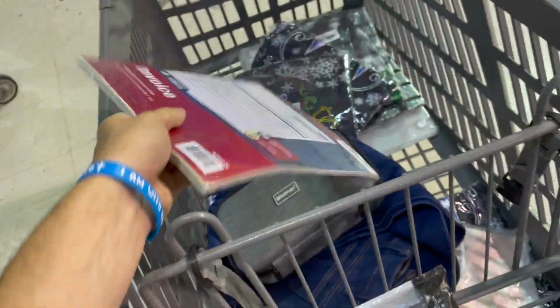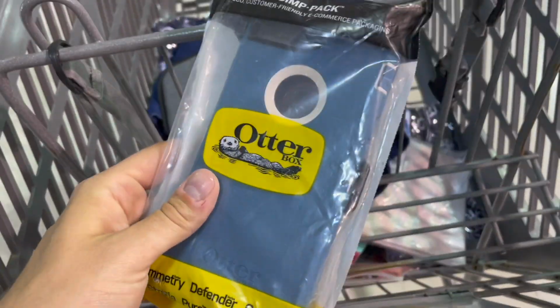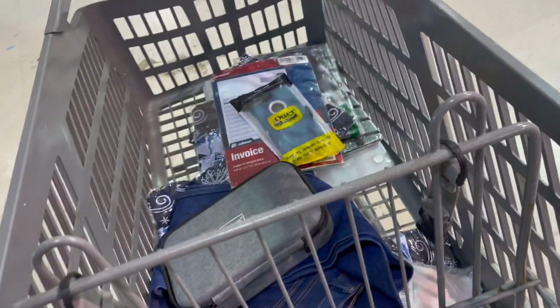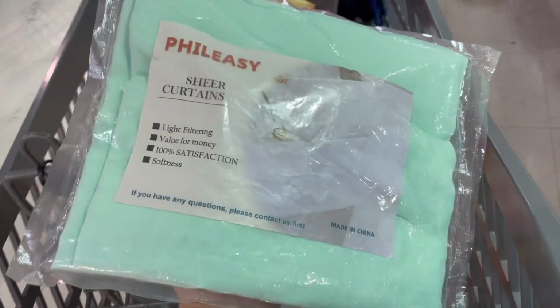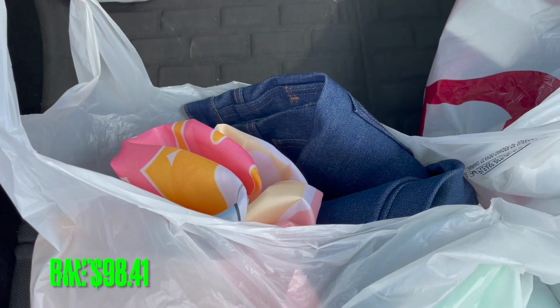Found this invoice paper here. It goes for about 12 bucks, so we're going to pick that up. That'll go media mail, so that'll be super nice. And then we found this OtterBox that was for like an iPhone 7, but it's still an OtterBox, and it's 25 cents, as well as this sealed tape that goes for about 8 bucks. And then we got this happy birthday flag, which I always sell those for like 10, 12 bucks on Mercari. And lastly, got some brand new and bag curtains. And we got all that for